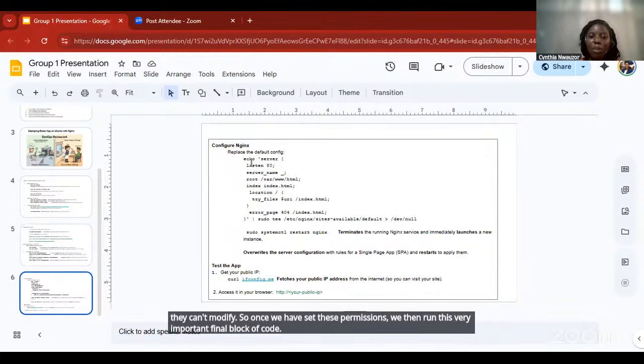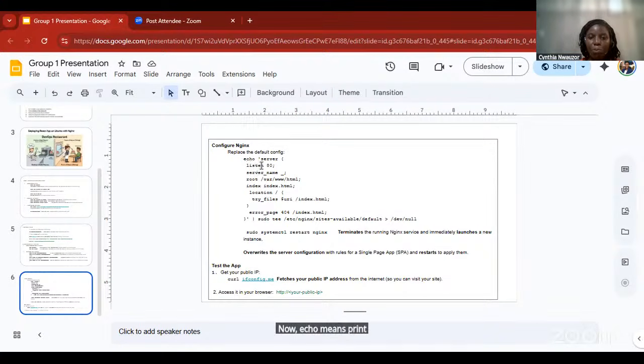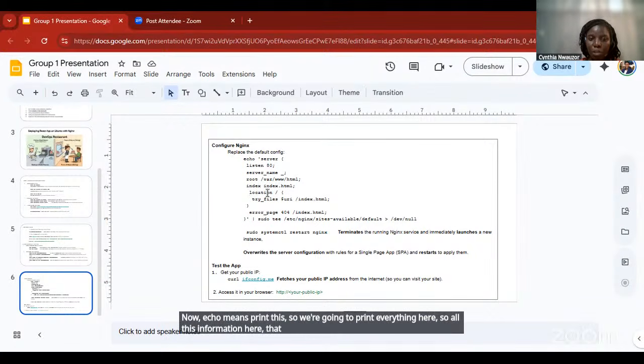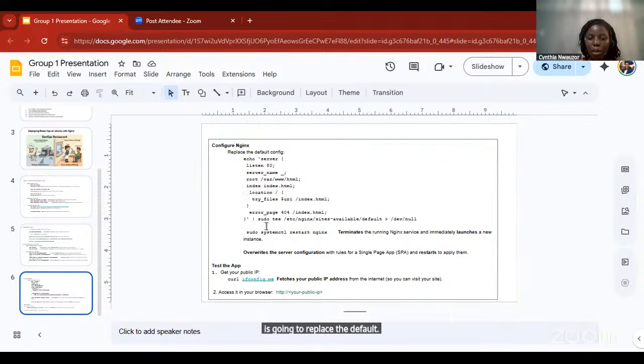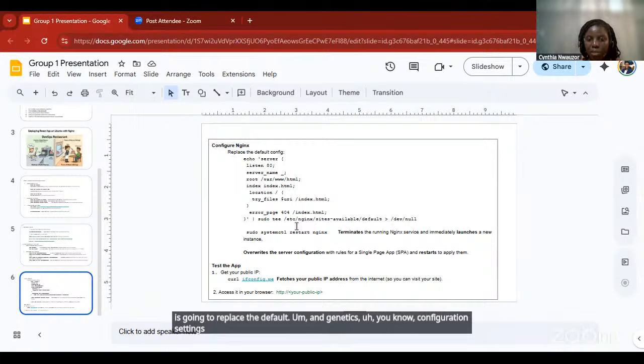Now, echo means print this. So we're going to print everything here. All this information here, that's actually the configuration of Nginx, is going to replace the default Nginx configuration settings, which is this, /etc/nginx/sites and all of that. So we want to remove this